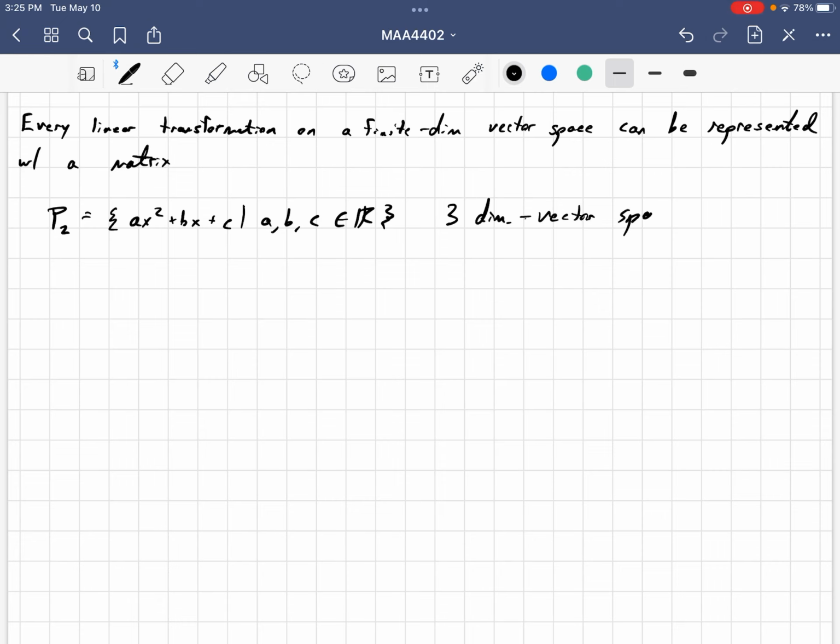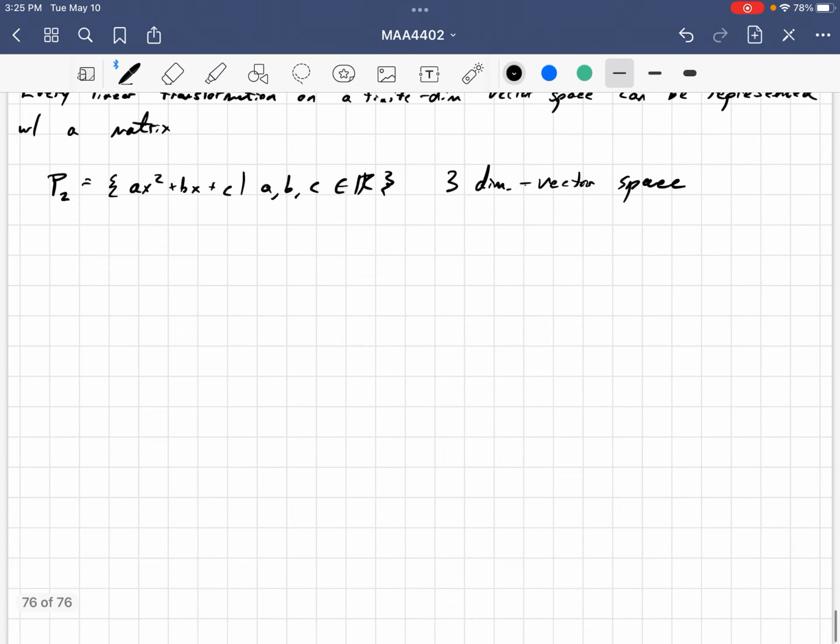And now what we usually use to study these are commutative diagrams. So we consider an element of P2 and we see, well, what happens when I take the derivative of some element in P2? Well, I get something else that's also in P2. And then what we do is we make a sort of association between some